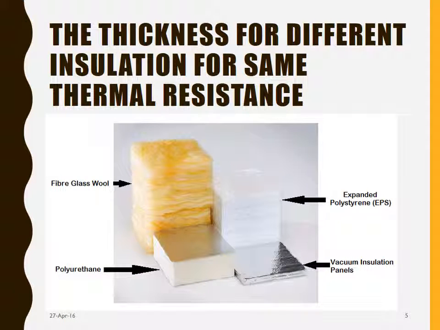This image shows us the thickness of different insulations for the same thermal resistance. The vacuum insulation panels, that is the VIPs, have very low thickness as compared to the other insulation materials. The VIPs with thermal resistance potentially 5 to 8 times higher than the conventional insulation offer a solution to the thickness problem. Vacuum insulation panels improve the thermal insulation effect not by using thicker materials but through further reducing the thermal conductivity. This property can be exploited by using nanotechnology.